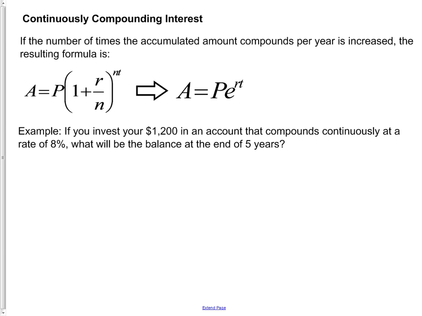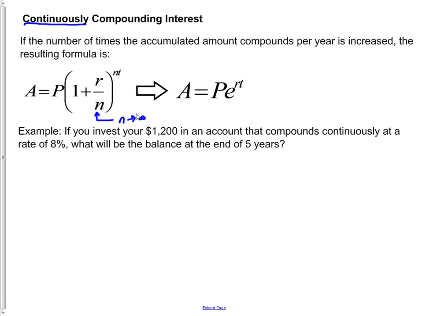So let's talk about another one of our compound interest formulas, and this one is called continuous compounding interest. The difference between having a bank account that is continuously compounded and one that just compounds n times per year is that continuous compounding is kind of like saying, let's let n increase towards infinity. What would happen? Well, in other words, if we let that number of compoundings get larger and larger per year,